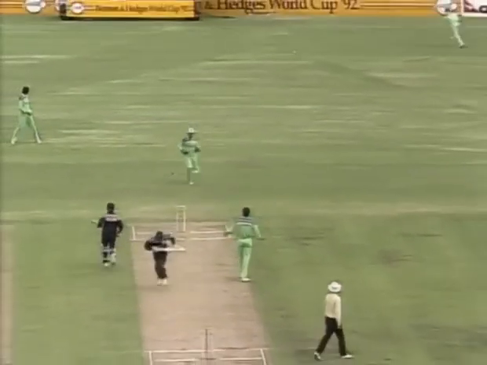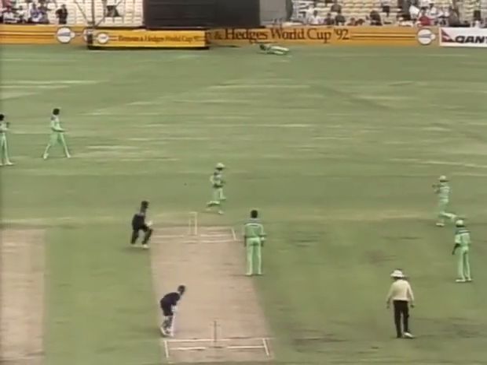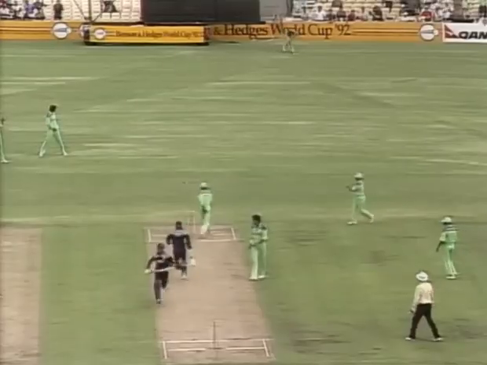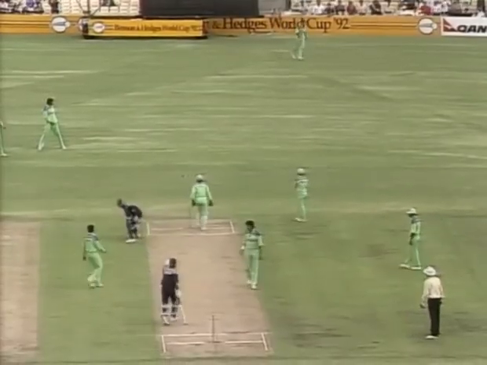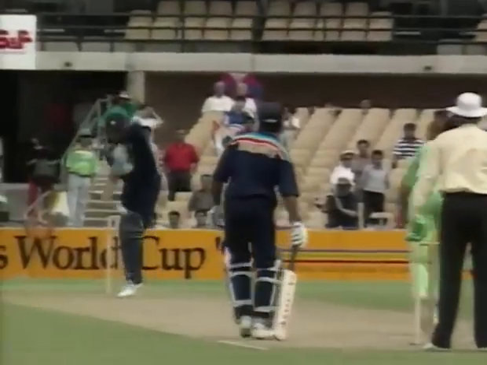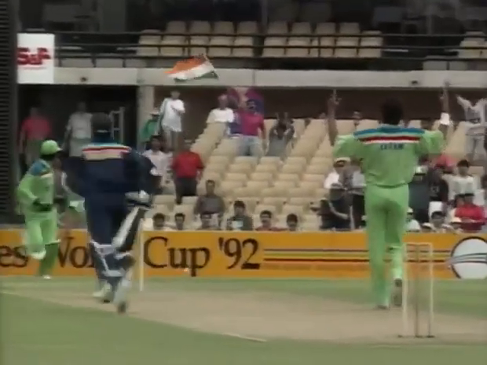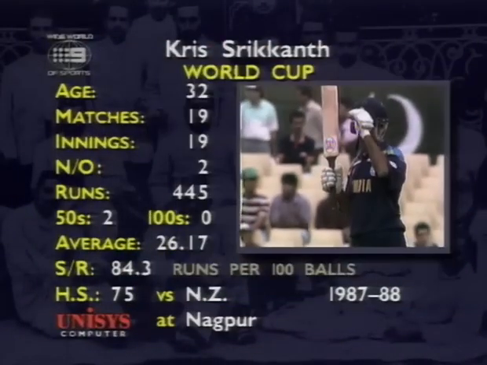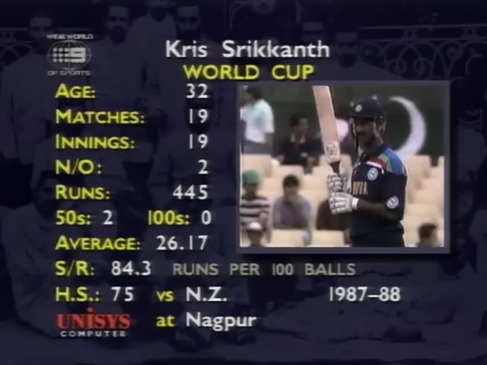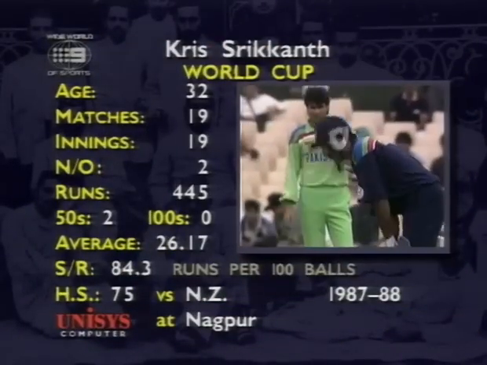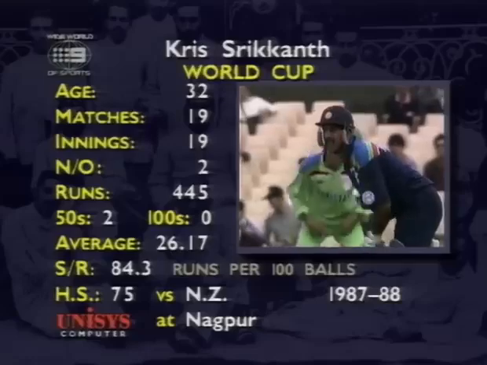Certainly was. It was beautifully bowled. Not only did it come back with the arm, but it bounced as well. Inside edge went over the stumps, and the man finally did a good job to save the extra 2 runs there. Srinath a little bit slow, so we see that go over in middle and leg. So Srinath in World Cup matches, he's played 19, that's quite a lot. His strike rate's 84.3, so that's excellent. So when he gets away, he can be a winner, but he's not getting away at the moment.